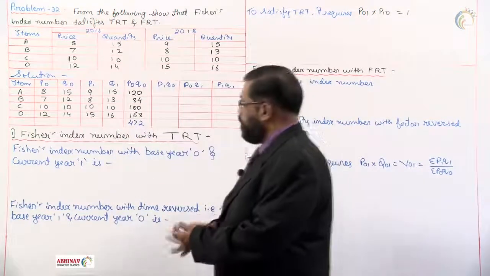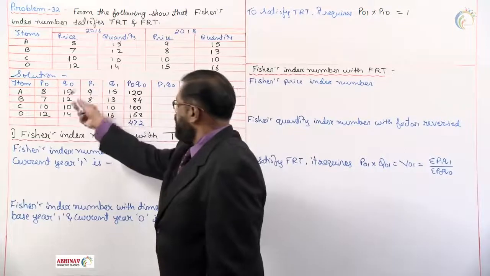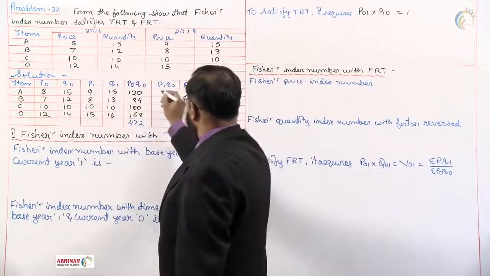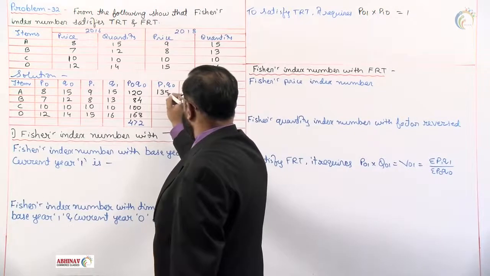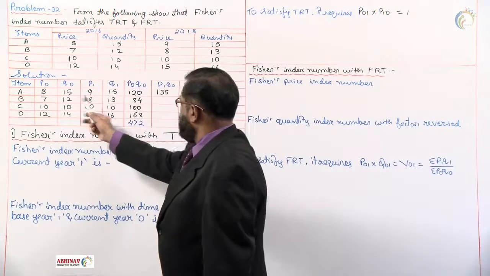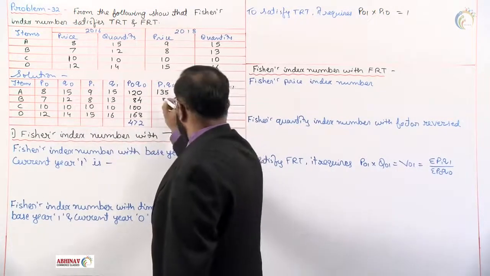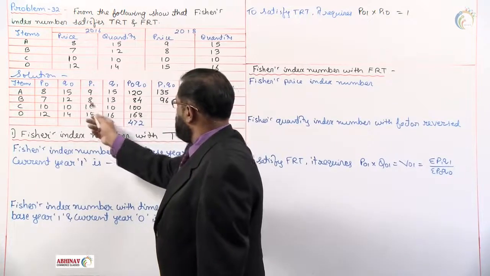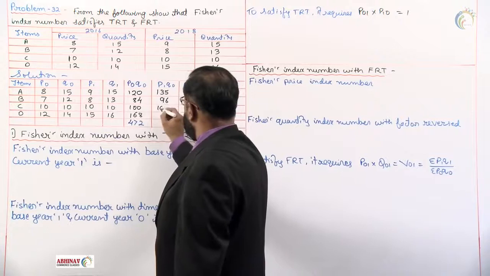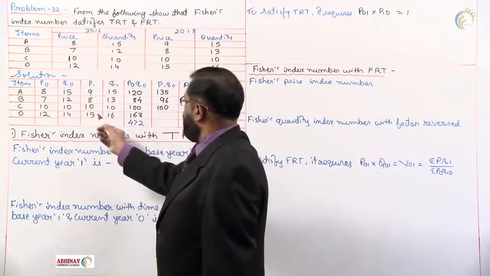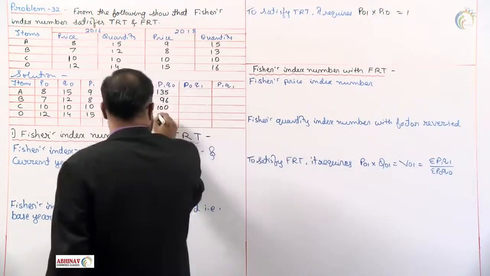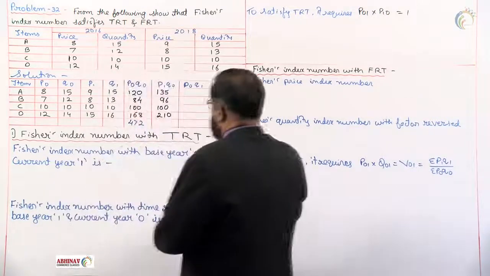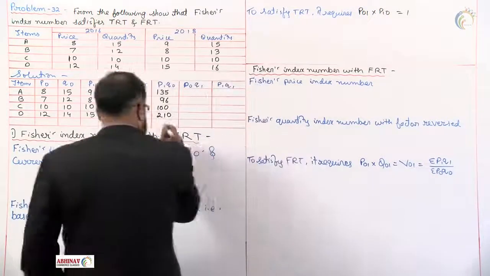Now P1 Q0: 15 into 9, 135. 8 into 12, that's 96. Then 10 into 10, 100. And then 15 into 14, what we get is 210. The total of this comes to